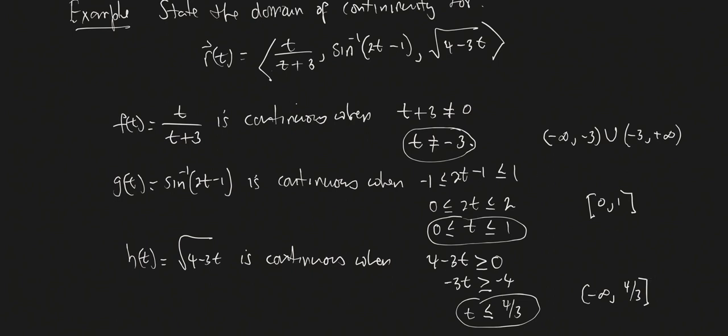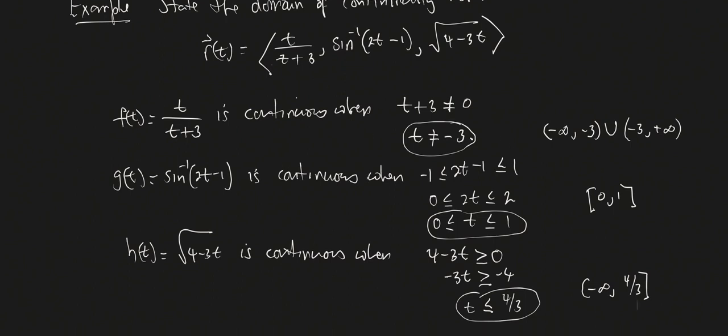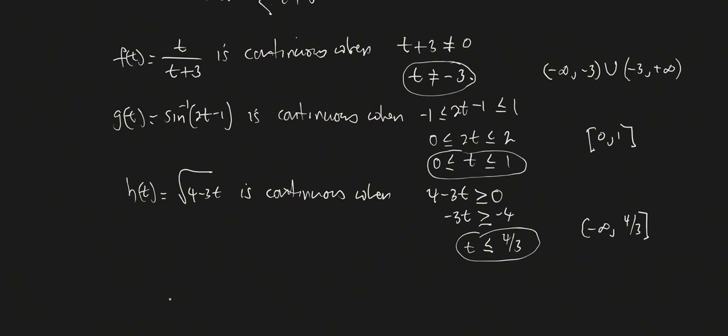So essentially, let's write this down. So this is what they have in common. So therefore r of t is continuous for, again, you can write either one. For some reason I like to use the inequality, but you can certainly express it using the interval notation,